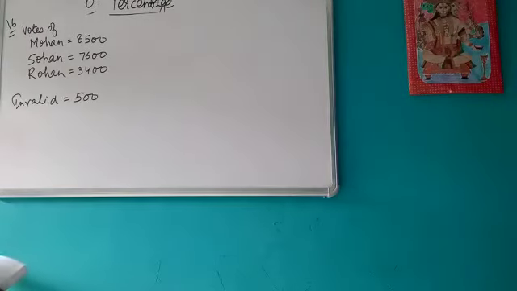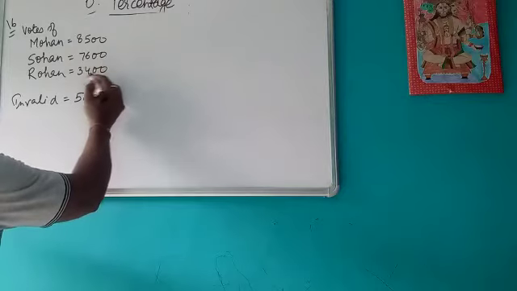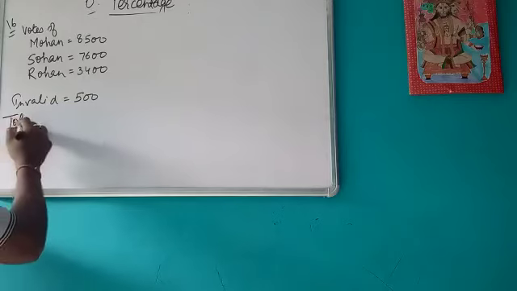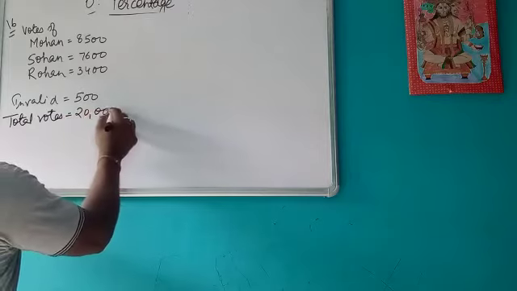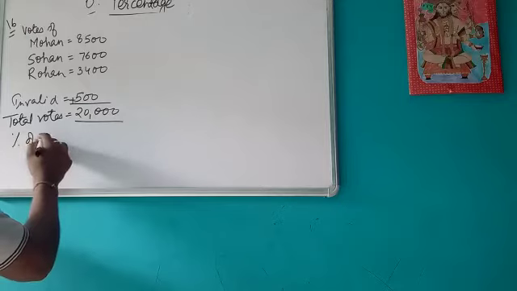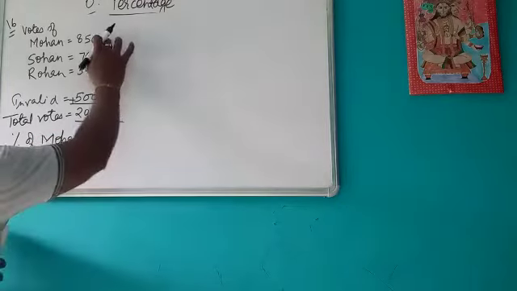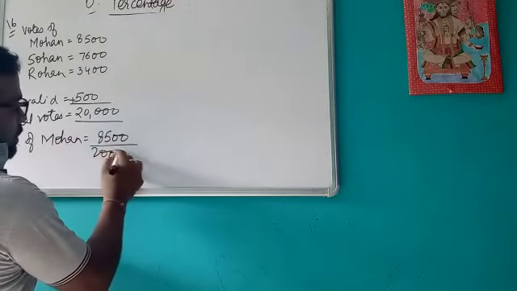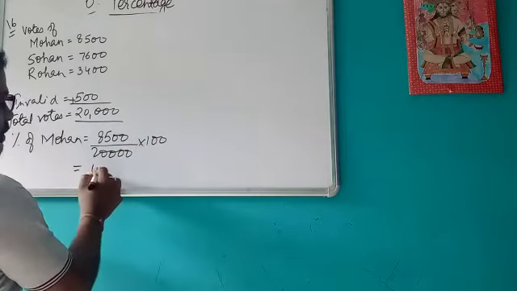Okay, so in question number 16 it is given that Mohan secured this many votes, Sohan this many, and Rohan secured this many, and invalid votes were 500. So first we will calculate total votes. So total votes will be 20,000. Okay, we will add all the votes. Now we have to calculate the percentage of Mohan. So Mohan secured 8500 votes and total votes were 20,000. So this is how you can calculate. So when you calculate you will get